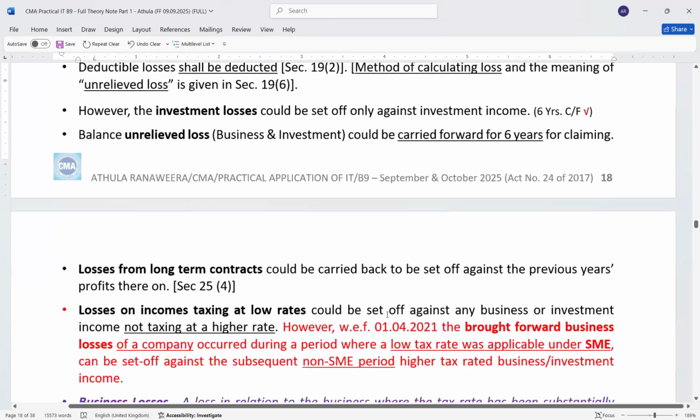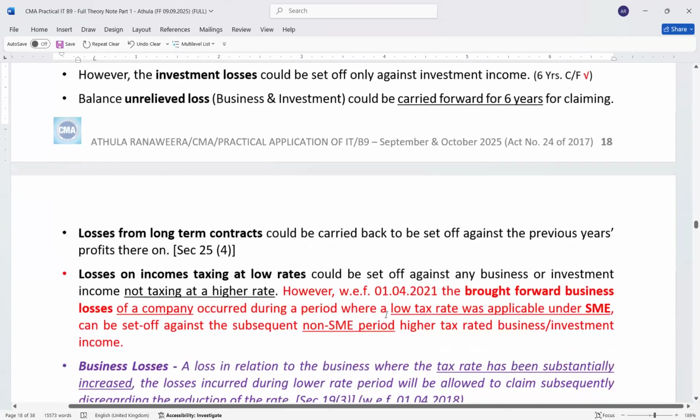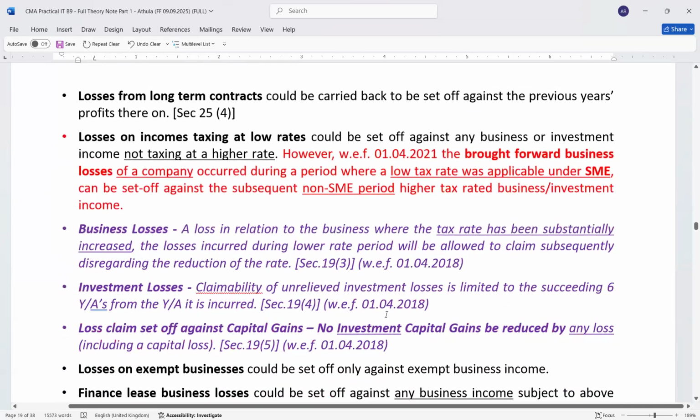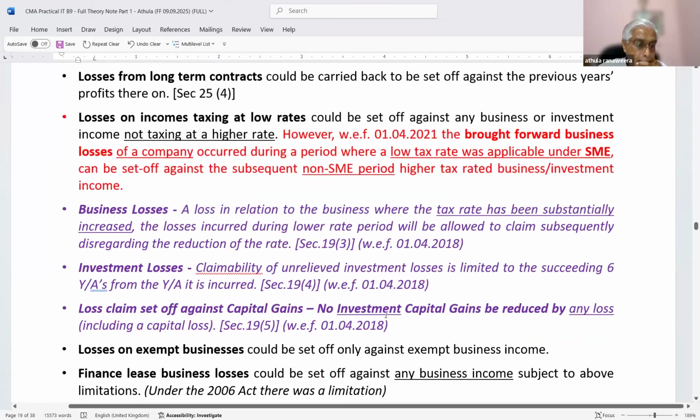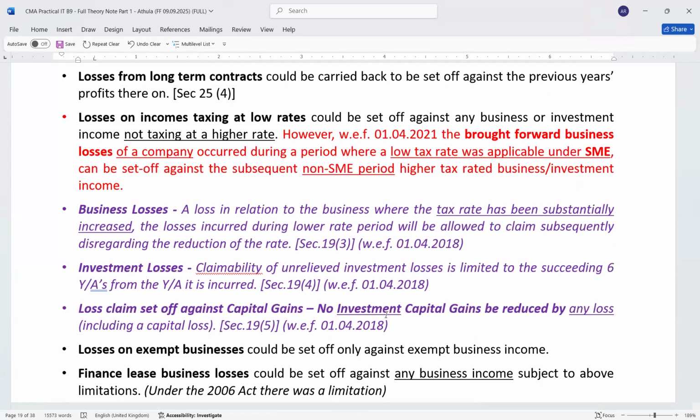Understood. So this is also linked to my previous question on investment. Basically, you borrow and invest in a company, and that generates dividend income. In this case, your interest expense that you have borrowed will go in vain after 6 years, because there's no income that you can set this off. So the income is subject to a final withholding tax, no? Exactly. That means you claimed it, but bottom line is no tax. Therefore, you didn't get any benefit.